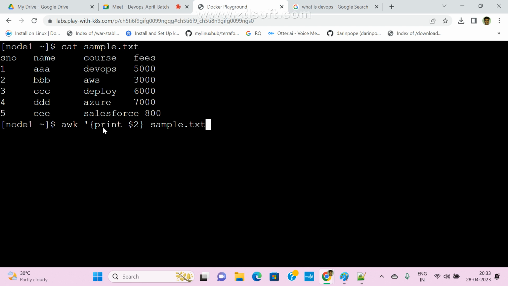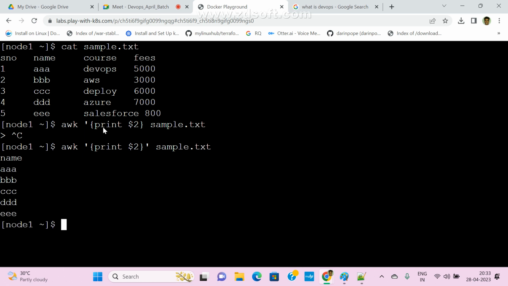Now see here, sample.txt. Is there a missing single quotation? Yes, sorry, a missing single quotation. Okay. Now see here, I want to print. You can use cut also,